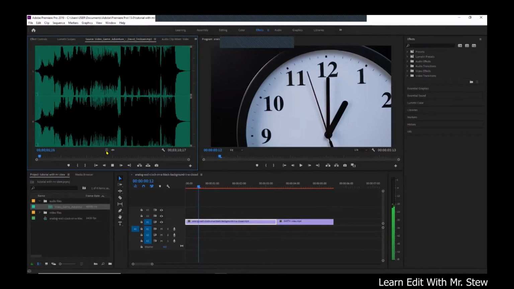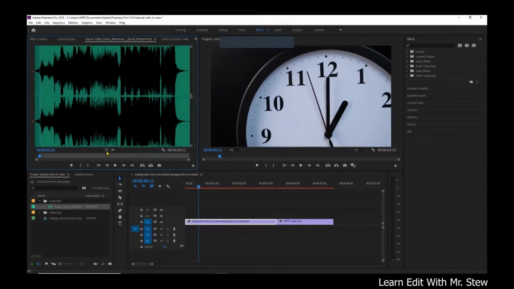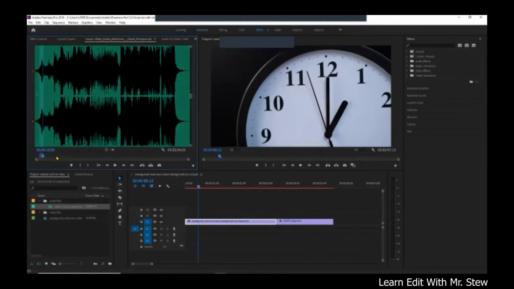All right. Let's say I want to take this audio from any point. Just press my I on the keyboard, which I said earlier, in point, and I press play. Okay, say I'm stopping there. Just press my out point. Then I come to click on this audio, drag audio only, and I click and drag it to the audio